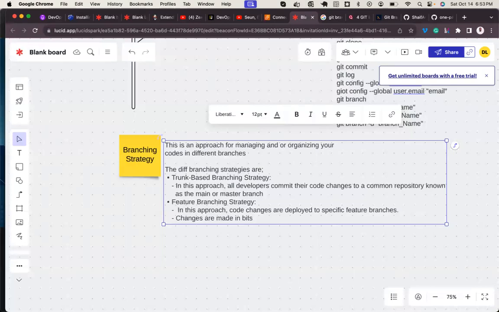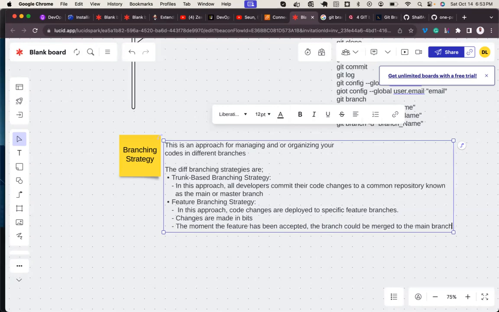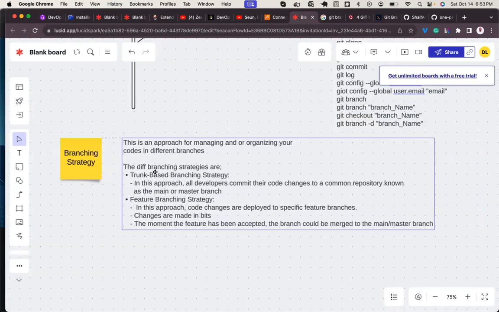Now, the moment the feature has been accepted, the branch could be merged to the main branch, the main or master branch, which is your production branch. So this is a play around feature branch.